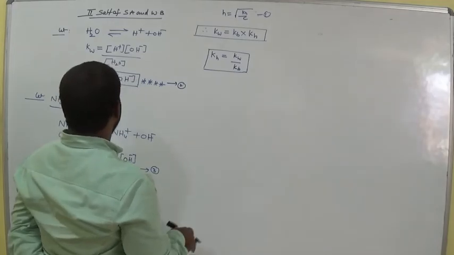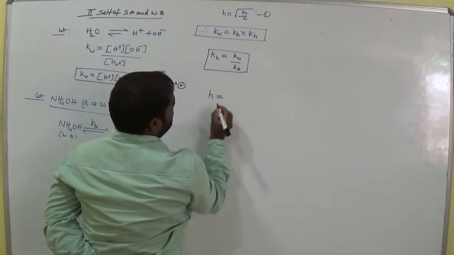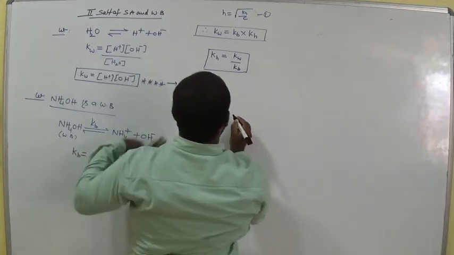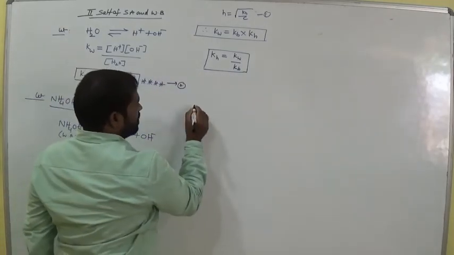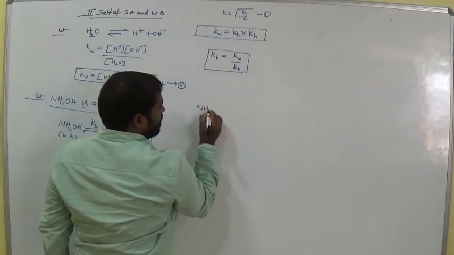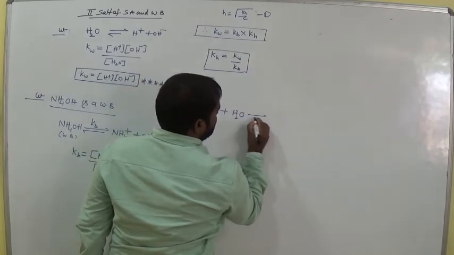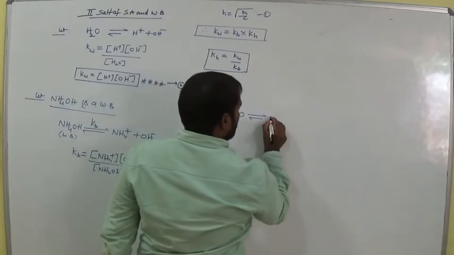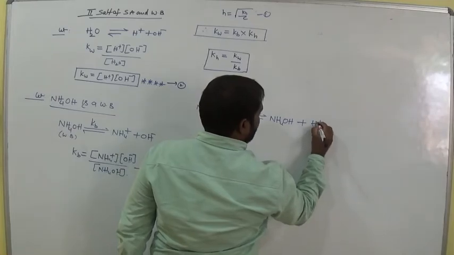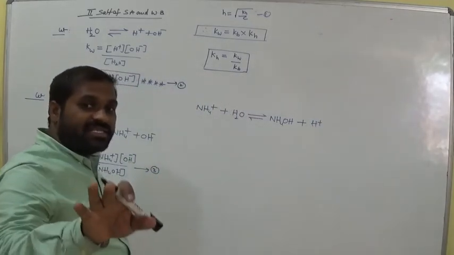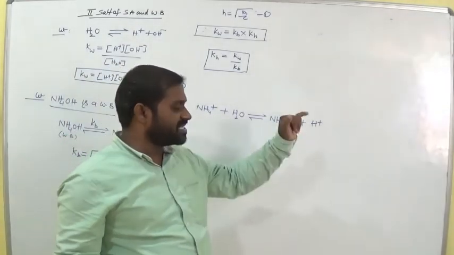So now, before that we have an expression. What is H here? H equals to, let's see again, NH4 plus, and it undergoes hydrolysis. What does it give now? Ammonium hydroxide, NH4OH plus H plus, am I right? Now I would like to calculate the pH of a salt of strong acid and weak base. If you need pH, surely we need the H plus concentration.